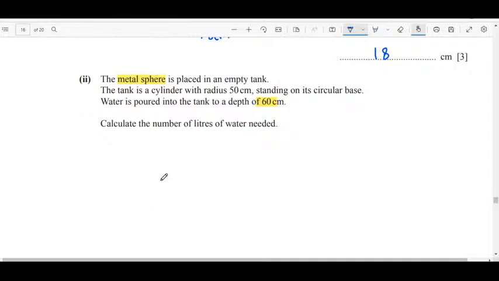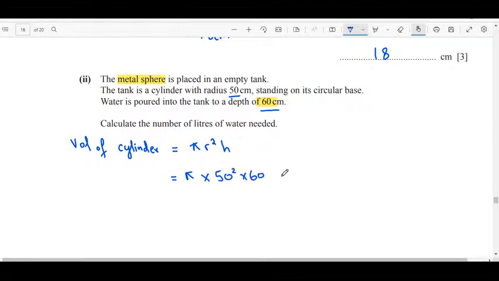Okay, so first of all, let's talk about the volume of a cylinder. What is the formula for volume of a cylinder? It would be pi. Very good. Pi r squared h. Okay, h is 60, r is 50. So let's do it. Pi multiplied by 50 squared multiplied by 60. Please find the value and tell me the answer. Pi into 50 squared into 60. And this would give you